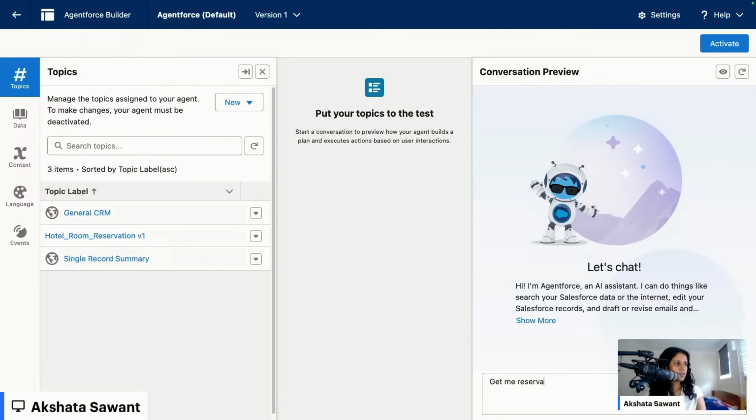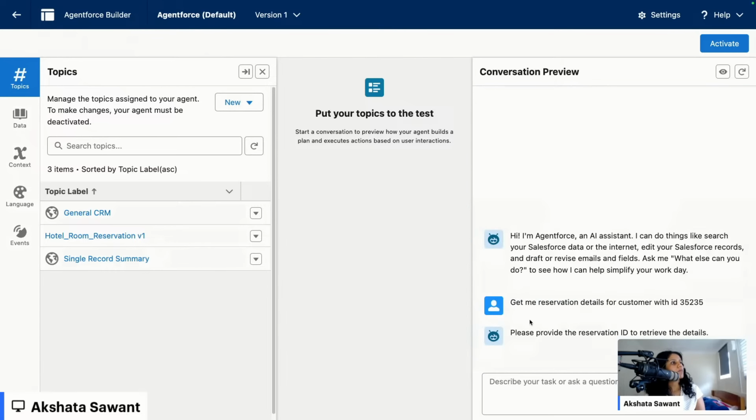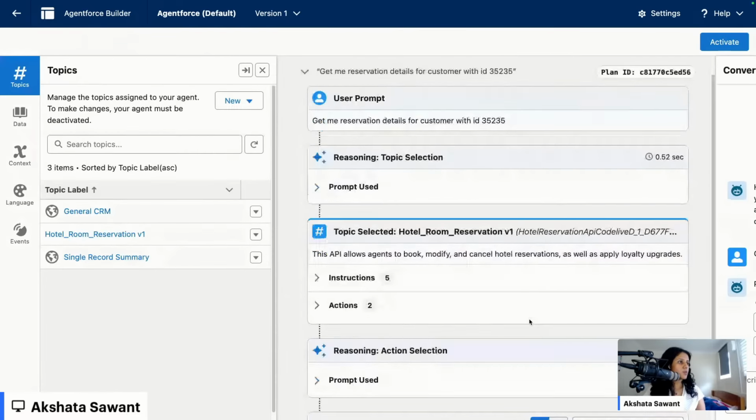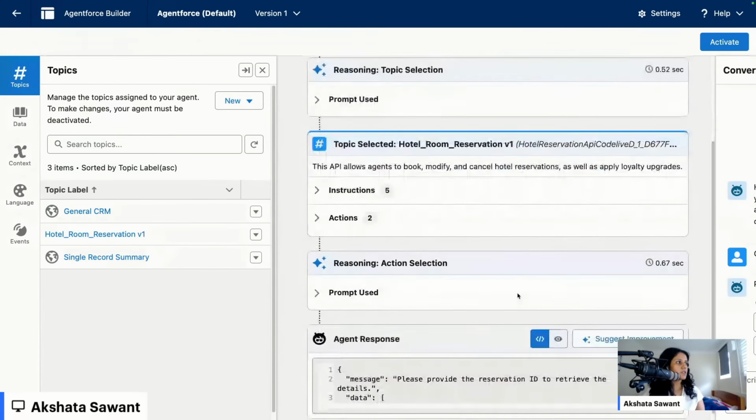Get me reservation details for customer with ID. Okay, again, it's doing the same thing, but it has selected the reservation detail. Let me,